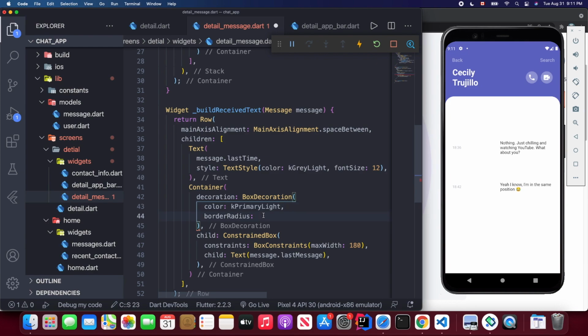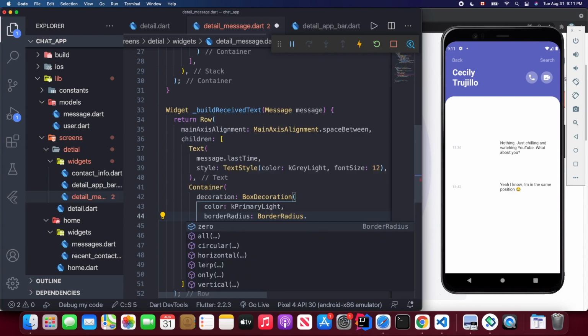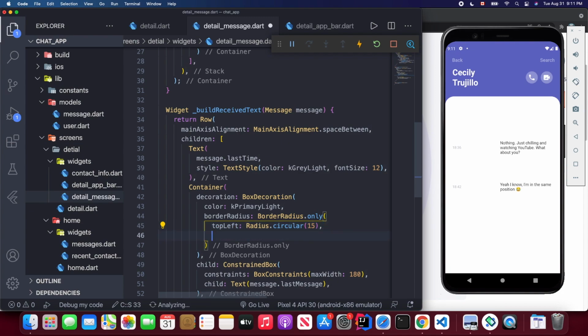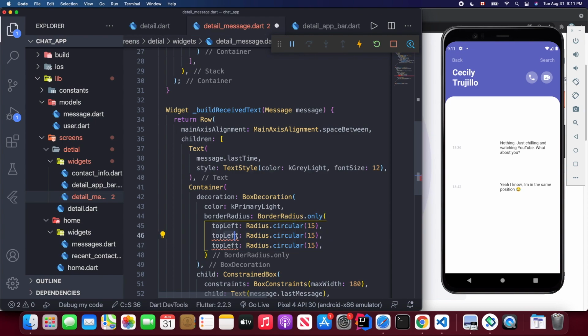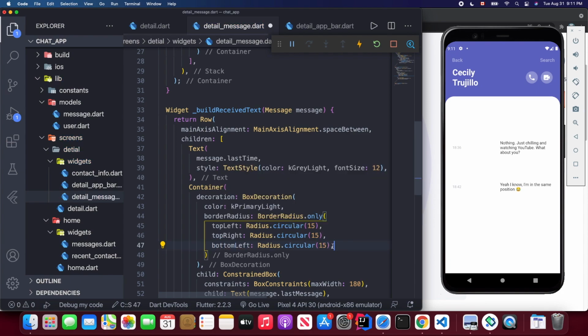So we're going to use this border radius, the named constructor only. We're going to only change top left to radius dot circular 15, and just copy paste two times. Change this top left to top right, and also the bottom left. Okay, let's save,